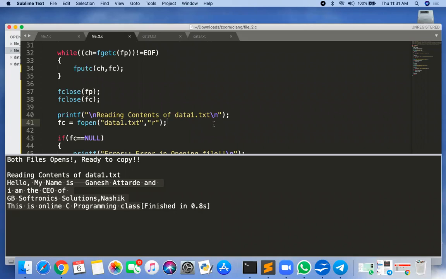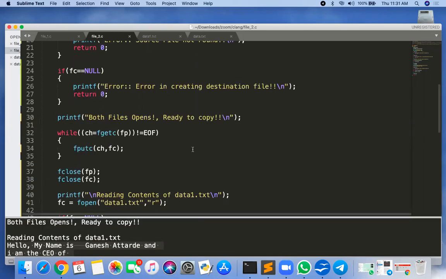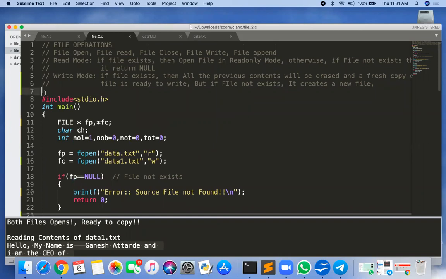So how to write into the file and how to read from the file, we have seen already. Now one more mode is there, and that we see as the third mode, which is known as append mode. The append mode means, if the file exists,